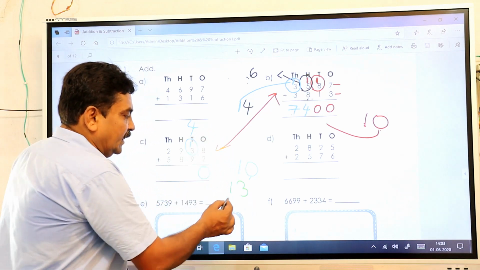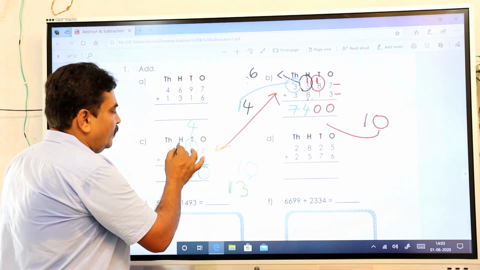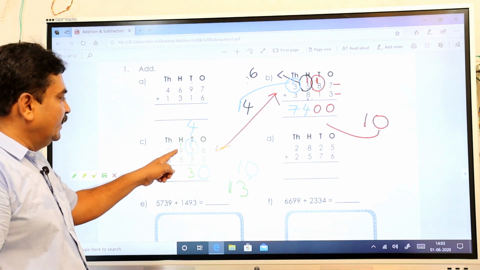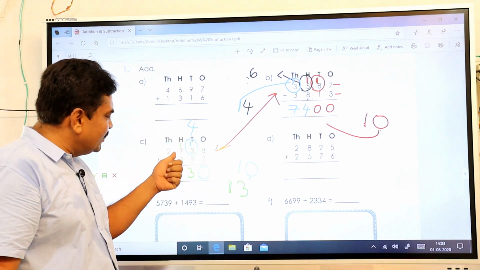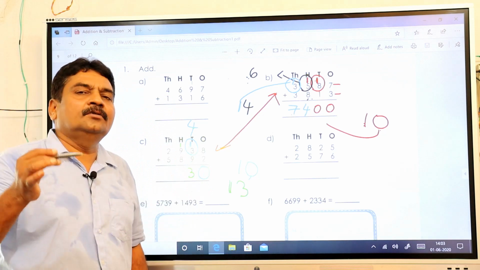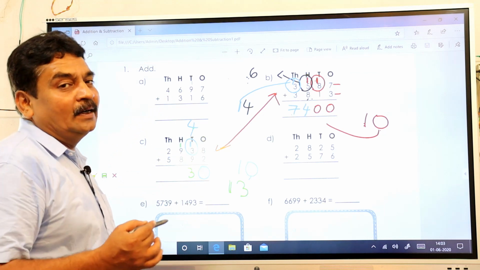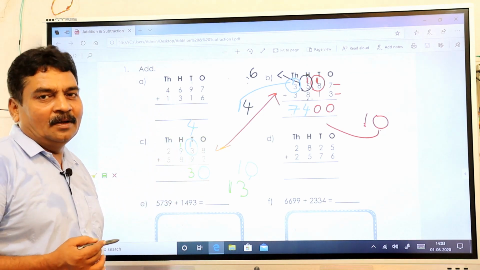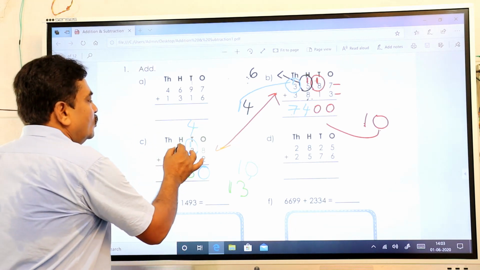So take this 3 as the 1's place, keep it down, and this 1 you carry forward to another number. Now again there are 3 numbers. So first you add 2 numbers. You can add even these 2 numbers also. It is nothing like you should start from the top. No, you can even add 2 numbers from the bottom also. But here the bigger number is very close to the small number 1, so it is very easy to do it. That's why you do it in this way.